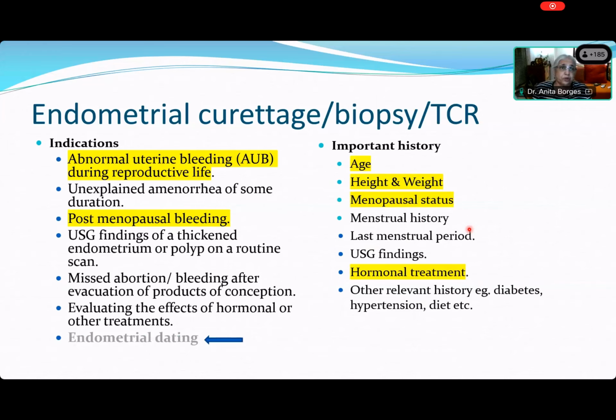All right. Now, whenever you're doing this, what are the indications? The indications are abnormal uterine bleeding during reproductive life, unexplained amenorrhea of some duration where you suspect that there may be tuberculosis or some other reason why this patient doesn't have her periods. Postmenopausal bleeding, of course; in postmenopausal bleeding, after an ultrasound examination, if you have a thick endometrium or there's some other reason you want to do a curettage, then you can do it. If on USG findings you have a thickened endometrium or a polyp on some kind of routine scan, missed abortion, bleeding after evacuation of products of conception, evaluating the effects of hormonal or other treatments,